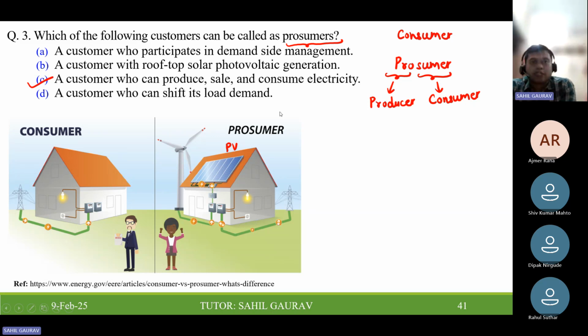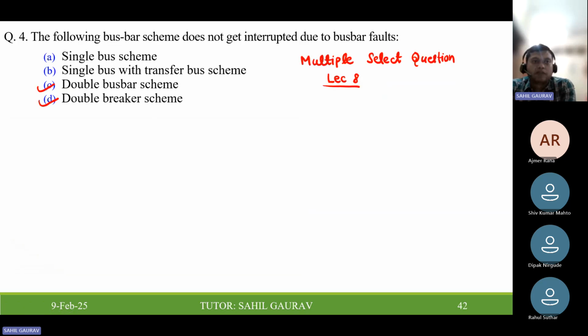So it is very simple, and these terms came recently, a few years ago. Prosumer means a customer who can produce, sell, and consume electricity. The next problem is that the following bus bar scheme does not get interrupted due to busbar faults, and it is a multiple select